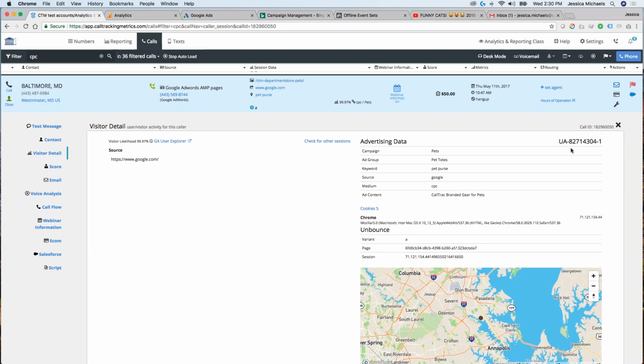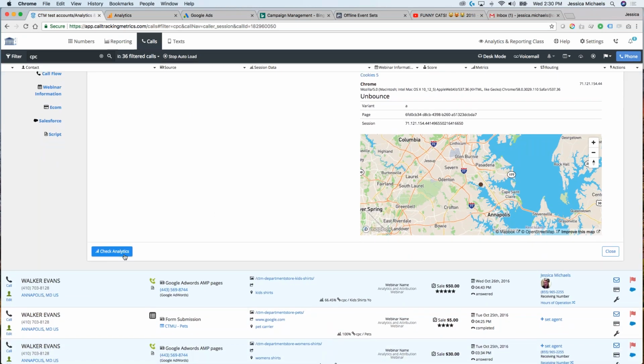Yep, so this is the Google Analytics property that we recognized on the page. And then if we come to this little link icon and hover over it, that's going to tell us where we sent the call event. So it's going to tell us that we sent it into this property and that it went under the category of calls. So anytime you don't see this link icon, it means that we did not send the event into analytics. So that's some quick troubleshooting.